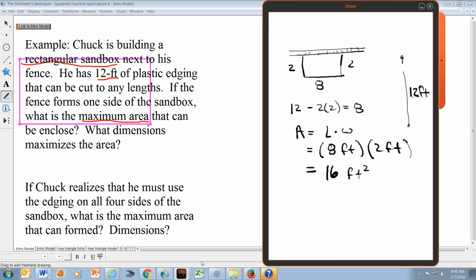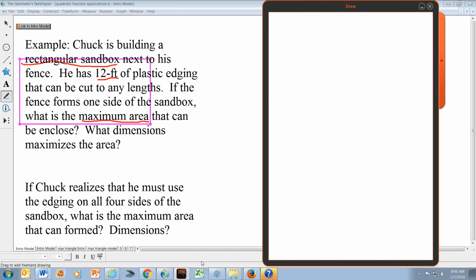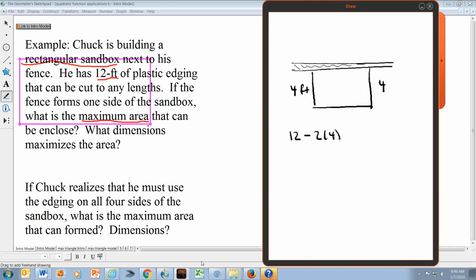Let's try a second possible dimensions. Instead, let's say here's my fence again. And instead, let's say I make this side 4 feet. Then that also makes that side 4. And then this side here, well, I had 12 feet of material. I've already used 2 sections each of 4. That's 2 times 4 is 8. 12 minus 8 is 4. So this side here is also 4 feet. What would our area here be? Our area still would be length times width, 4 feet, times the width, 4 feet, which is a total of